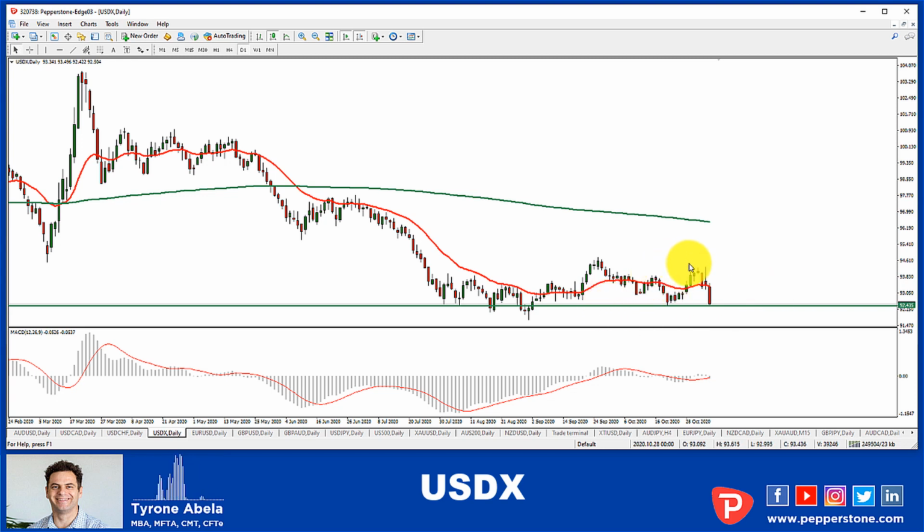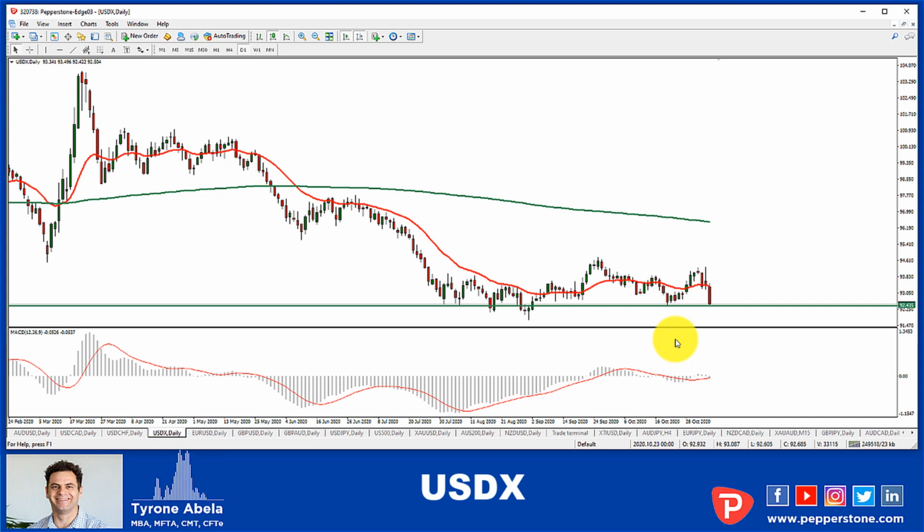Although it's fallen quite sharply over the last few days, I'm not convinced that this is the end for the dollar index. We need to let a lot of things unfold, especially in the next 24 to 36 hours, for us to be comfortable to trade this one. I'm pretty keen on waiting for next week to start to see the new trends emerge.